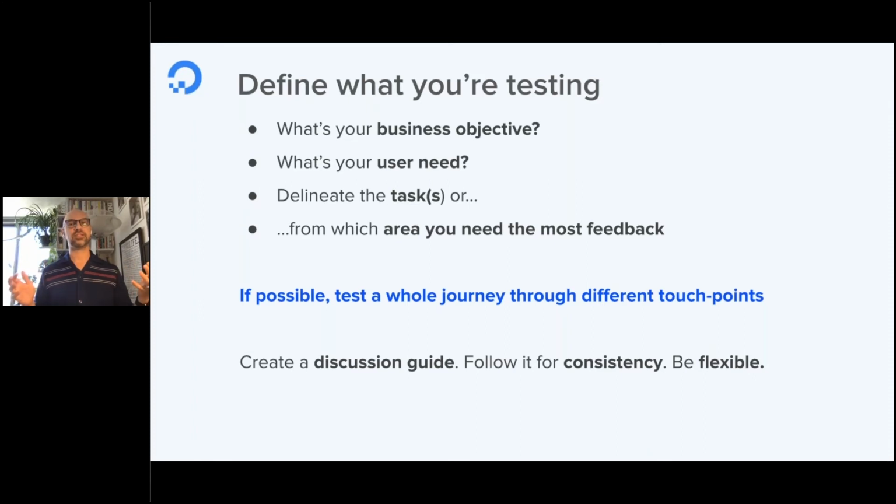So to do that, you can ask yourself some questions like, what is your business objective? What is the need that your user has that you're trying to fulfill? So delineate the task that you want the user to go through so that you get feedback on that specific task. You can also test a specific area. If you have a website, you might want to test the onboarding process or the purchasing process or finding an item. If you have the possibility, I would suggest you test a whole journey, not just the product or the